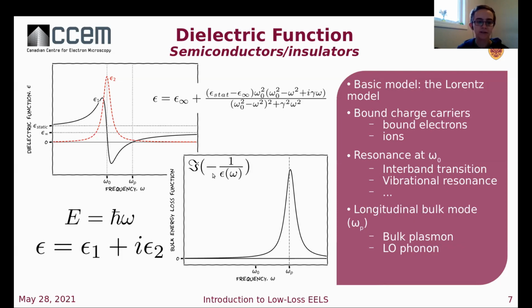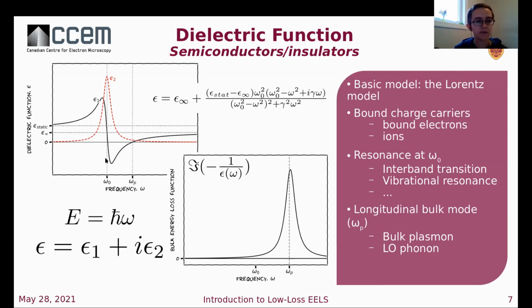by bound harmonic oscillators, and we might use a Lorentz model. This is a Lorentz model to describe the dielectric function. This peak in the imaginary component represents one resonance. So if you're doing optical spectroscopy, you might see an absorption peak here. This could be, say, a vibrational resonance or a transition involving a bound charge carrier, such as a band gap excitation. The resonance in the sample occurs at a frequency I'm going to call omega naught. There's a dip in the dielectric function.